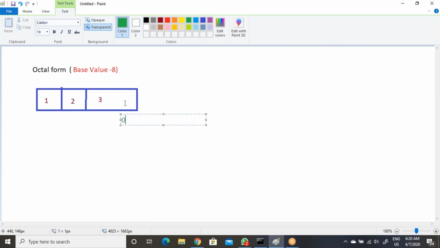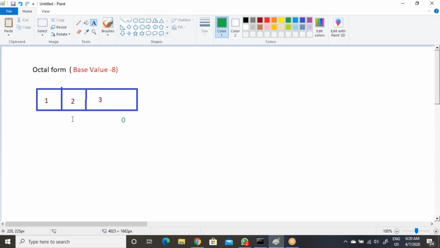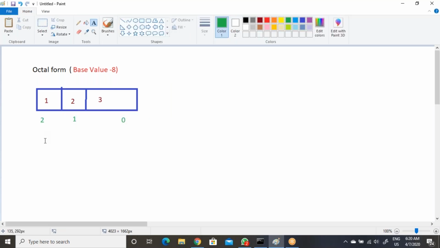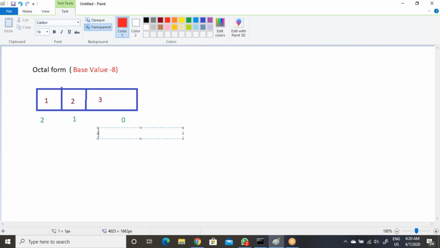Now what is the base value? 8. Now what is the value inside the box? 3 into base value 8, then the index number will be 0. We have separate index classes, don't worry. Now 2 into base value 8, then power 1.